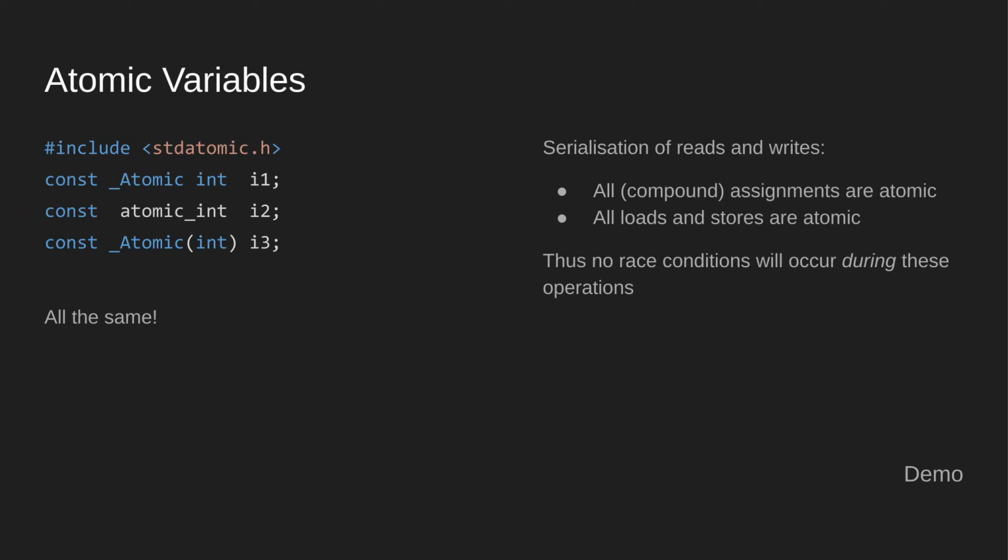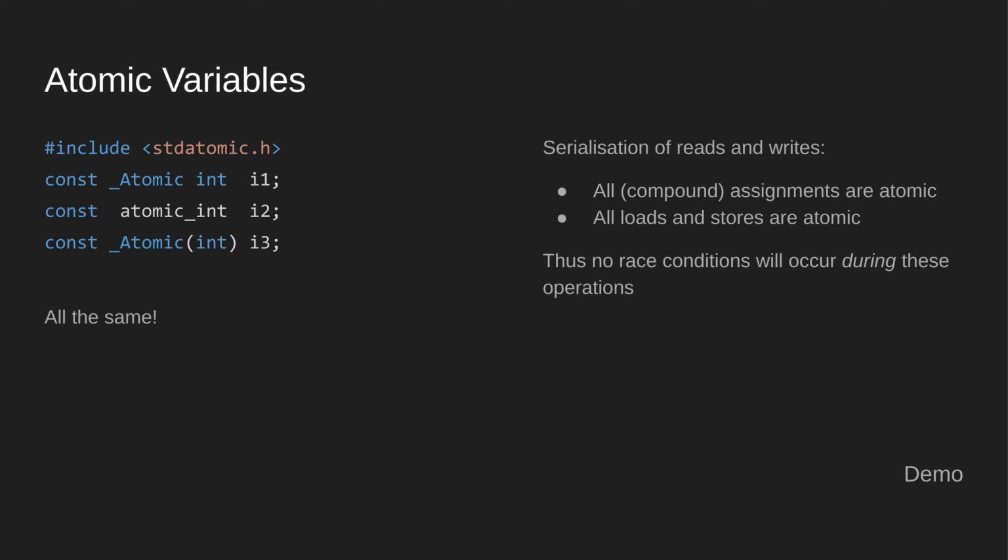Oh, right. So all compound assignments are atomic, right? So plus equals, times equals, minus equals, and regular stores, so a equals 5, a plus equals 5, those are atomic. And a load is also atomic, so if you say b equals a, and a is an atomic variable, that will happen atomically. And the compiler will kind of insert a lock for you, and it doesn't have to be a mutex. Sometimes the instruction set, kind of your CPU, the lowest level machine code, has a way of dealing with atomics, and the compiler knows that, and it will prefer to use those lower level methods.